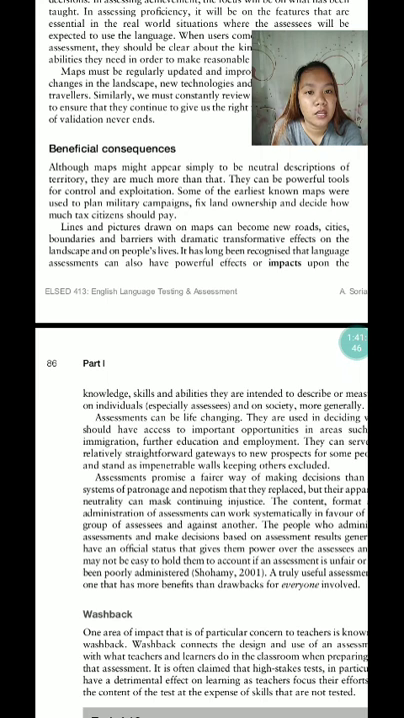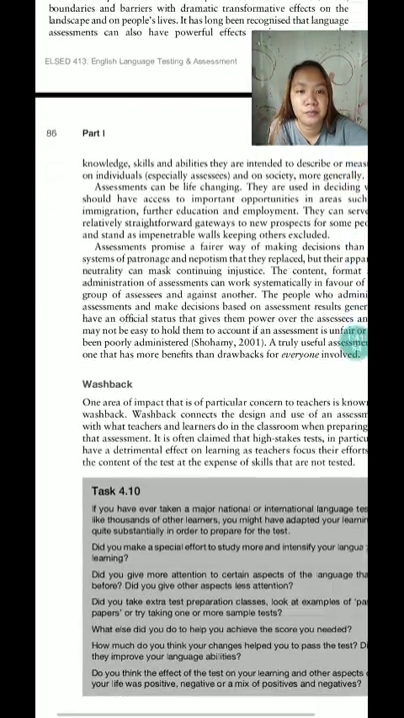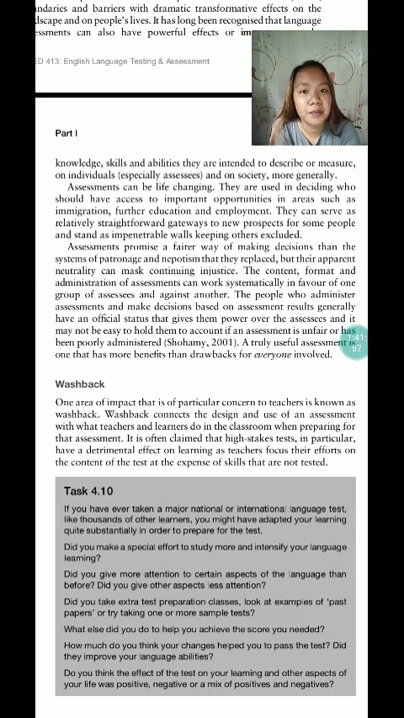It has long been recognized that language assessment can also have powerful effects or impacts upon the knowledge, skills, and abilities they are intended to describe or measure, on individuals, especially assessees, and on society. More generally, assessments can be like gatekeepers. They are used in deciding who should have access to important opportunities in areas such as immigration, further education, and employment. They can serve as relatively straightforward gateways to new prospects for some people